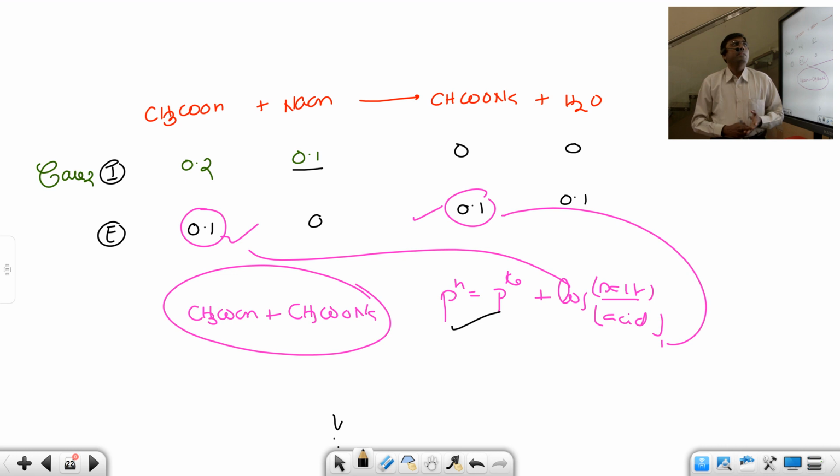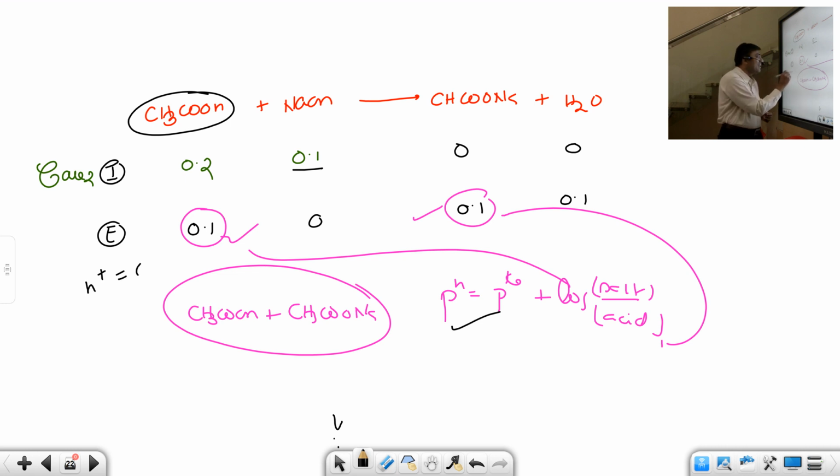And one more thing, students. You may ask, sir, if only acetic acid is left out, that case is also there. Then you have to use H plus is equal to C alpha. Or if a weak base is left out, what do you do? OH minus is equal to C alpha. So this is how you can wonderfully realize the subject in ionic equilibrium.